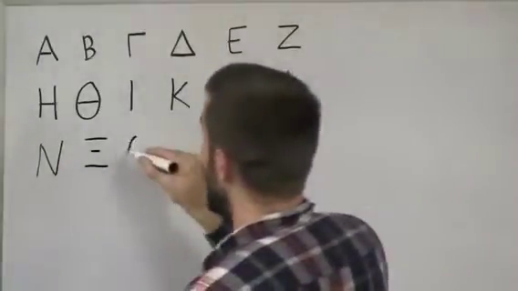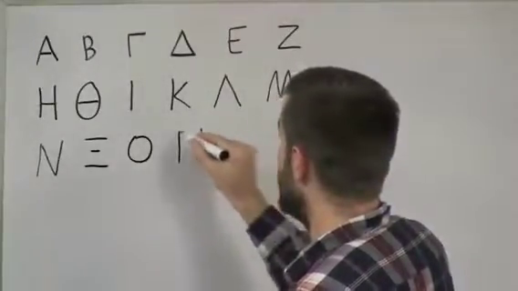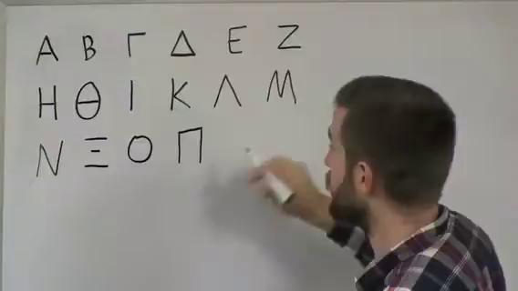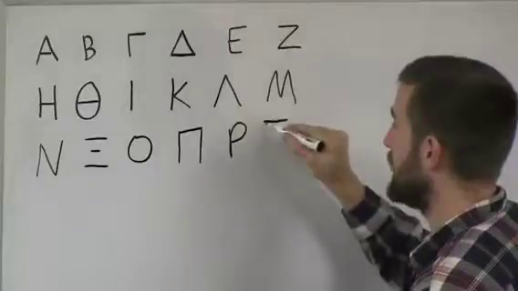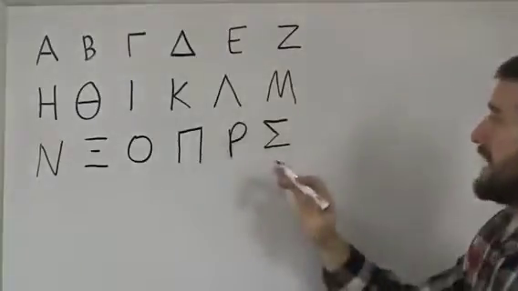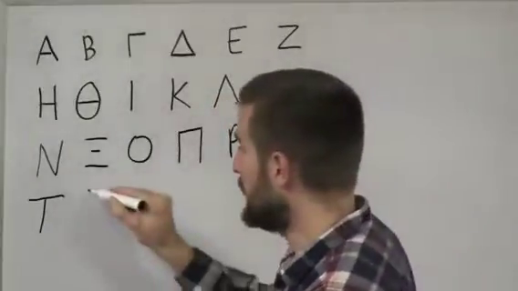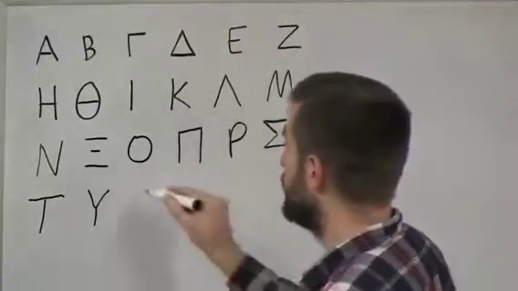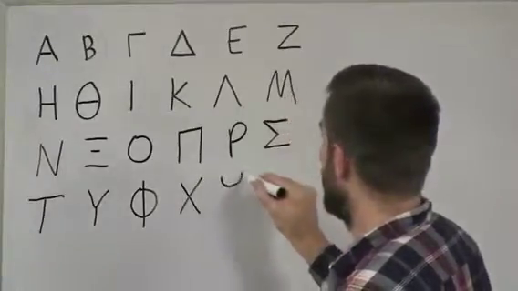Mi, ni, xi, omicron. Looks just like an English capital O. Pi, okay, just like that. And then after pi, we've got, of course, rho, sigma, which is basically just a horizontal line, then a diagonal line, then another diagonal line, and then a horizontal line. That's the uppercase sigma. Tau, upsilon. So the upsilon looks like the English capital Y. Phi, chi, psi,